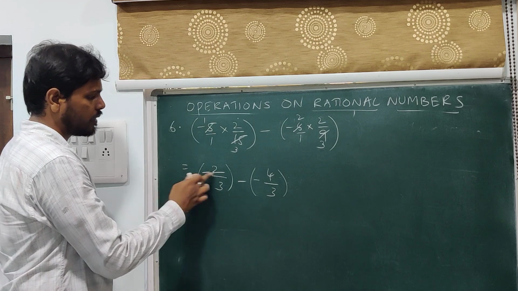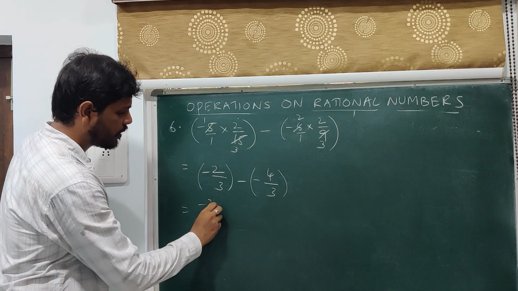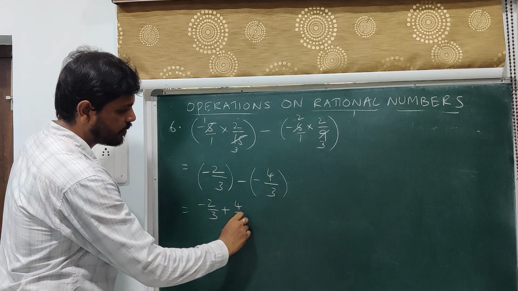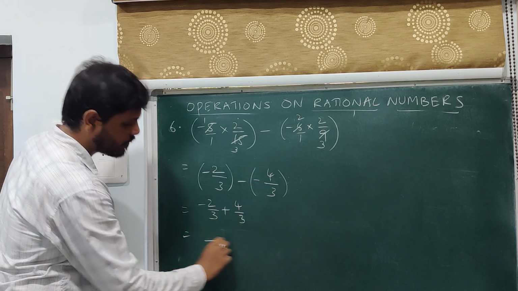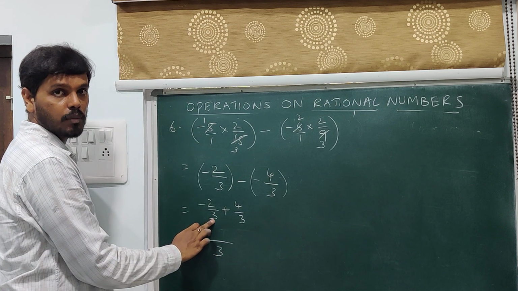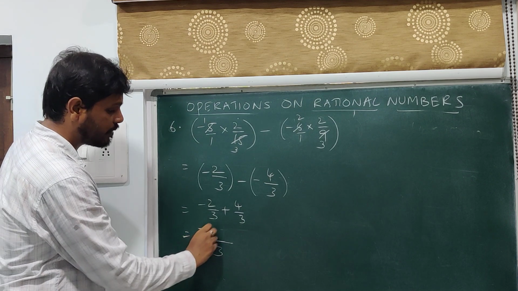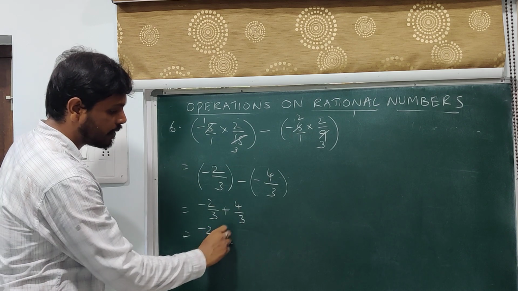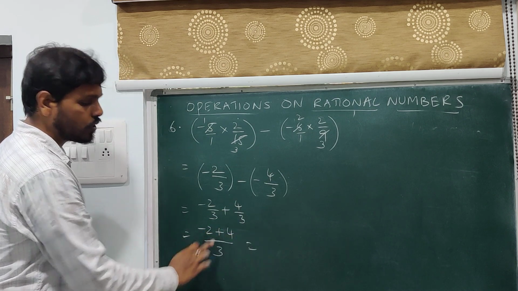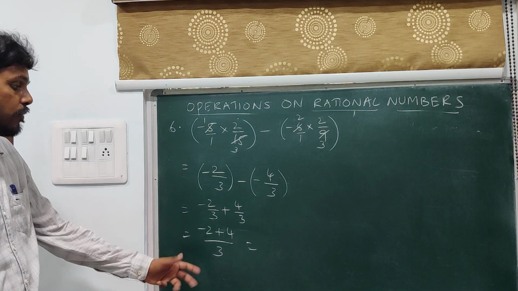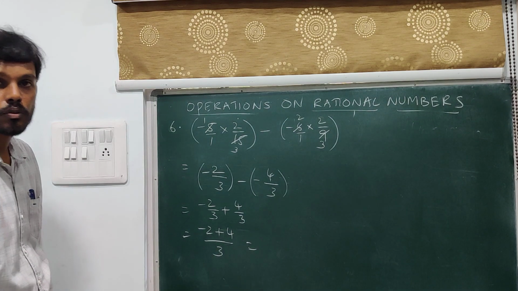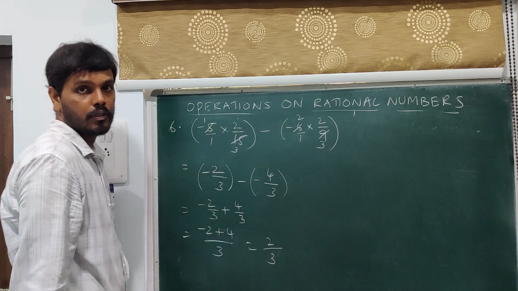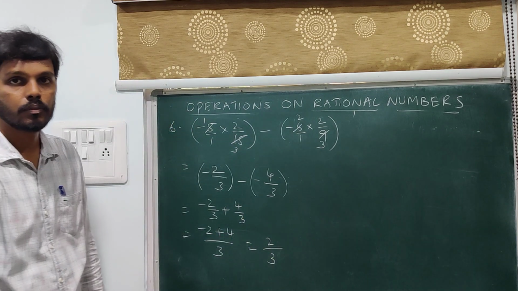See here there is nothing to multiply. So straight away you can write minus 2 by 3. A minus into minus is plus 4 by 3. LCM of 3 and 3 is 3 itself. So nothing to multiply because the LCM number is there itself. So write the numerator as it is. Here also the LCM number is there itself. Nothing to multiply. Write the numerator. Now different signs you have to subtract. Subtract 4 and 2. So you will get 2. The biggest number is 4. Sign is plus. So plus 2 by 3. So that is the way to go about.